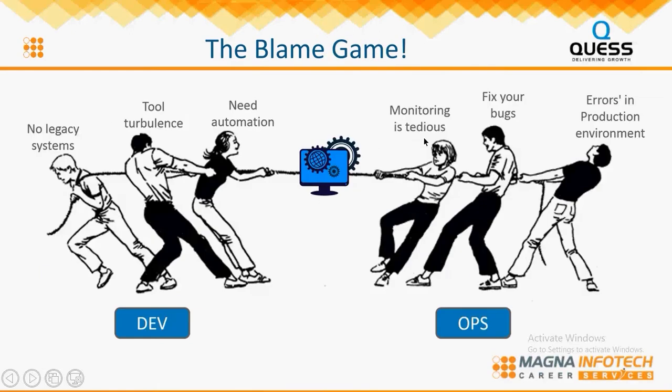So we also spoke about the blame game, that the development team and operations team will always have a blame game if they are working separately. Classic example, guys: previously, you used to deploy your application using the IT support guys. You raise a ticket, you ask the IT support guy to install Tomcat on your machine. He will come and install it. Again, you'll go back and say it's not working. He will say, no, it was working fine, you only did something. So this is a blame game, right?